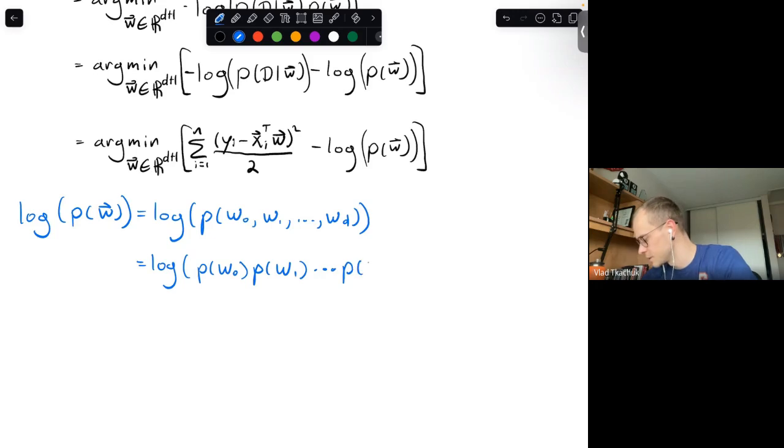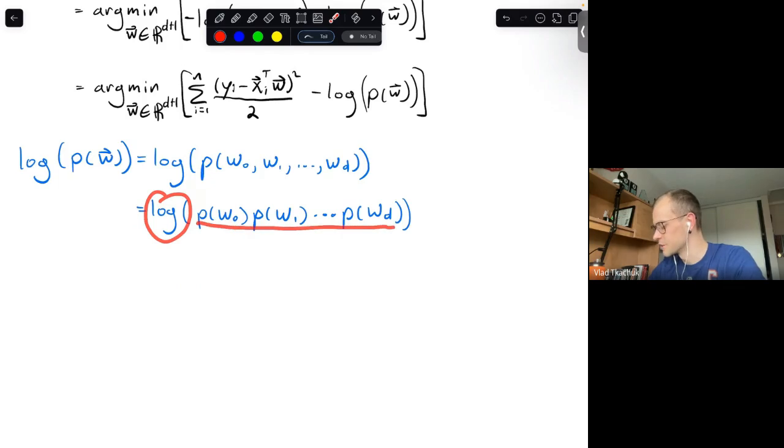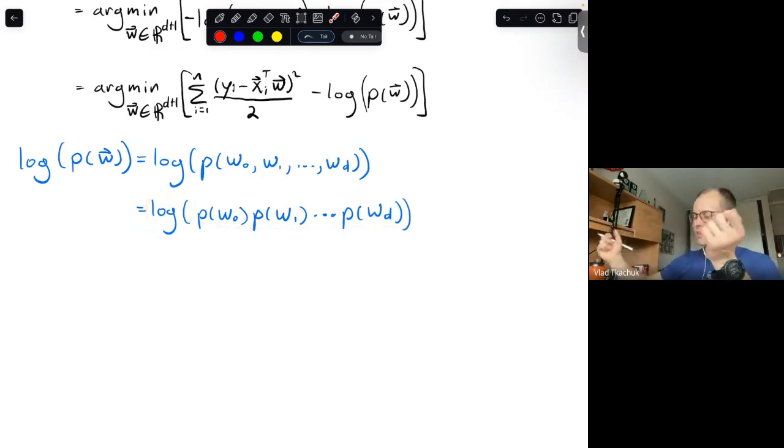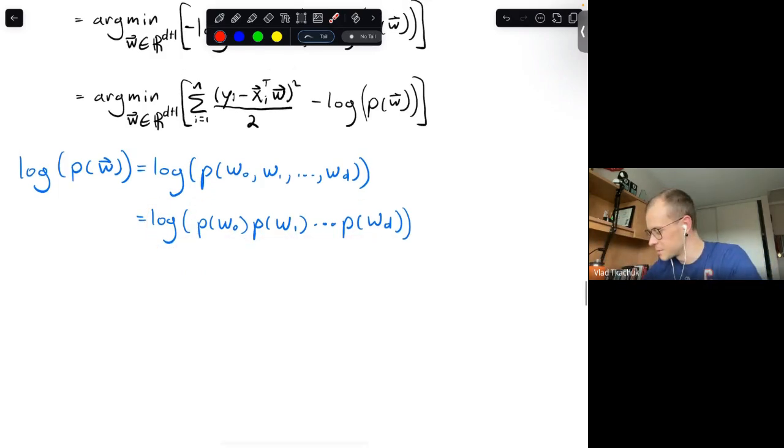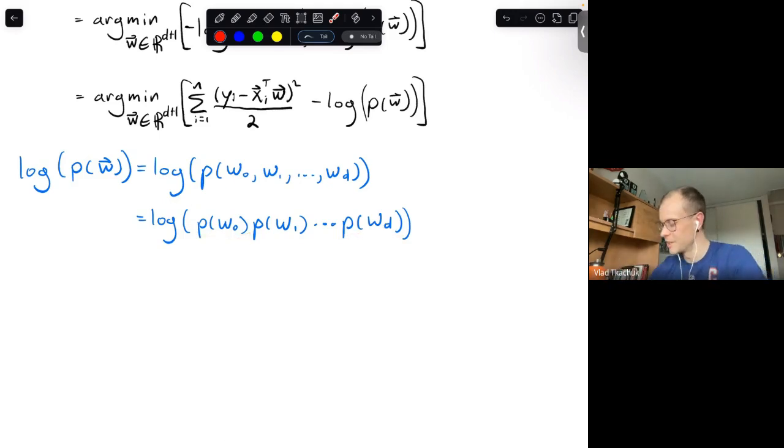The reason I want to do it is, first of all, because we had some assumptions on these things, but in particular, the log of this product will simplify really nicely to be a sum, and then I can do things with that sum. Otherwise, optimizing over this would be very ugly without the log, because you'd have to apply the product rule when you take derivatives d times, and it would be very annoying. But to do this step,